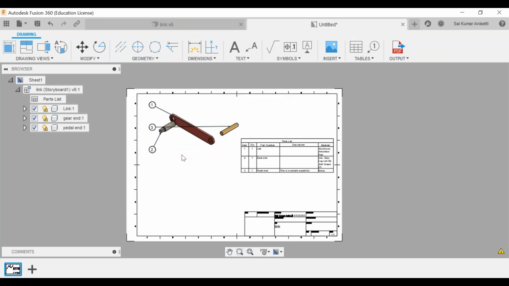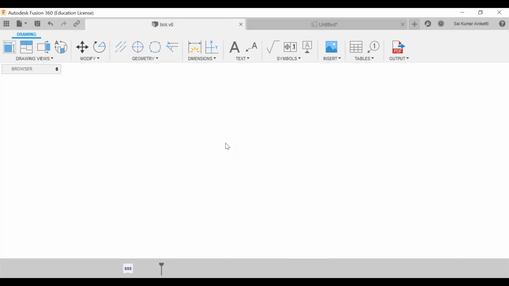And in your assembly drawing there will be no dimensions. Please make sure that in your assembly drawing there will never be any dimension. In your assembly drawing there will be bill of materials and your part names and part numbers. That is called the manufacturing, I mean your assembly drawing. If you want to give dimensions, do it in individual parts: sheet number 1, part number 1, sheet number 2, part number 2, sheet number 3, part number 3, sheet number 4, part number 4. That is how you need to give your part drawings.